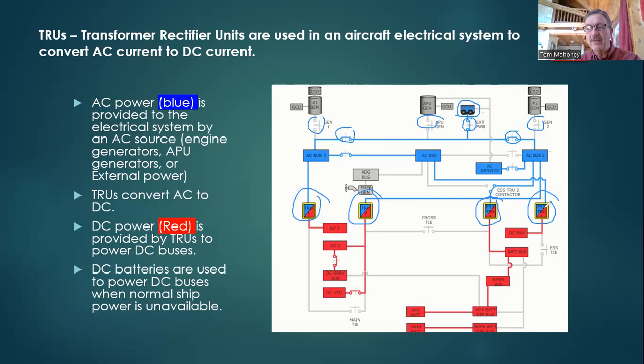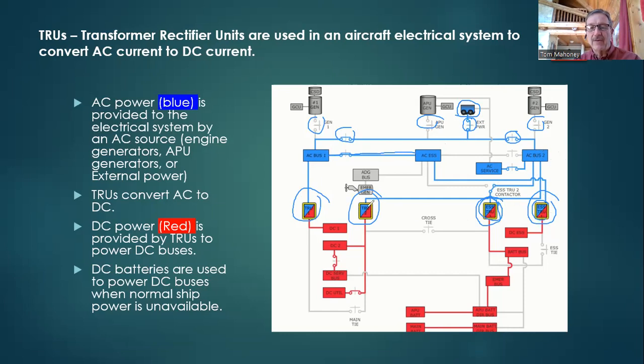Then we have these essentials that are powered by the AC essential bus, which gets its power from the AC bus number 1 in this scenario, and it comes down here and powers up the essential TR. And then AC bus number 2 comes down and powers up essential TR2. So at that point,